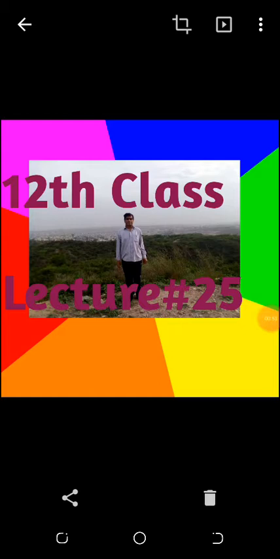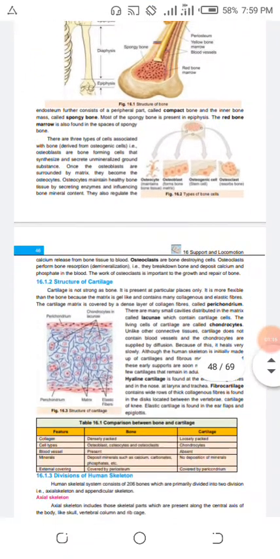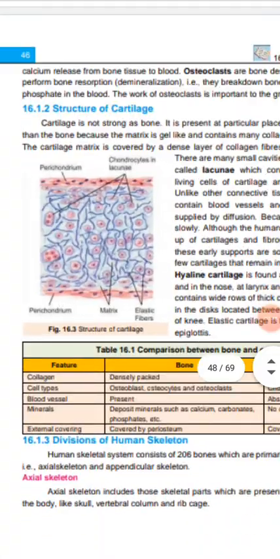Even very hard structure like bones were present in our body. What is the name of liquid of cartilage? When cartilage will not be present, our body will suffer which type of problems? And what is difference between bone and cartilage? These are the discussions we are going to do in lecture number 25, and I will tell you the cavities